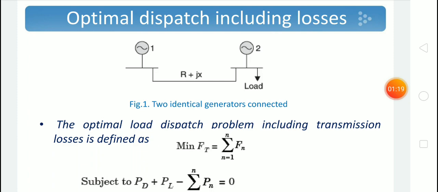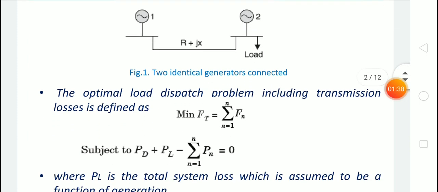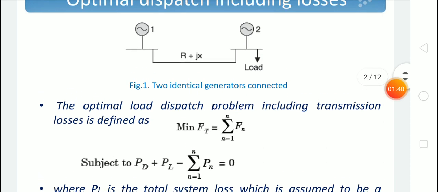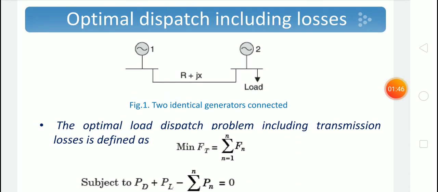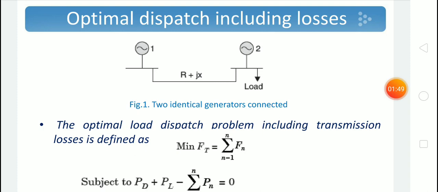Usually in all cases with a number of power plants connected by transmission lines, we have to include the transmission losses also. If the generators are within a plant, we can neglect the transmission losses. So the economic load dispatch can be solved using the cost function Ft equal to the sum of the costs of n generating units, F1 plus F2 plus etcetera Fn. The minimum value of Ft has to be found.